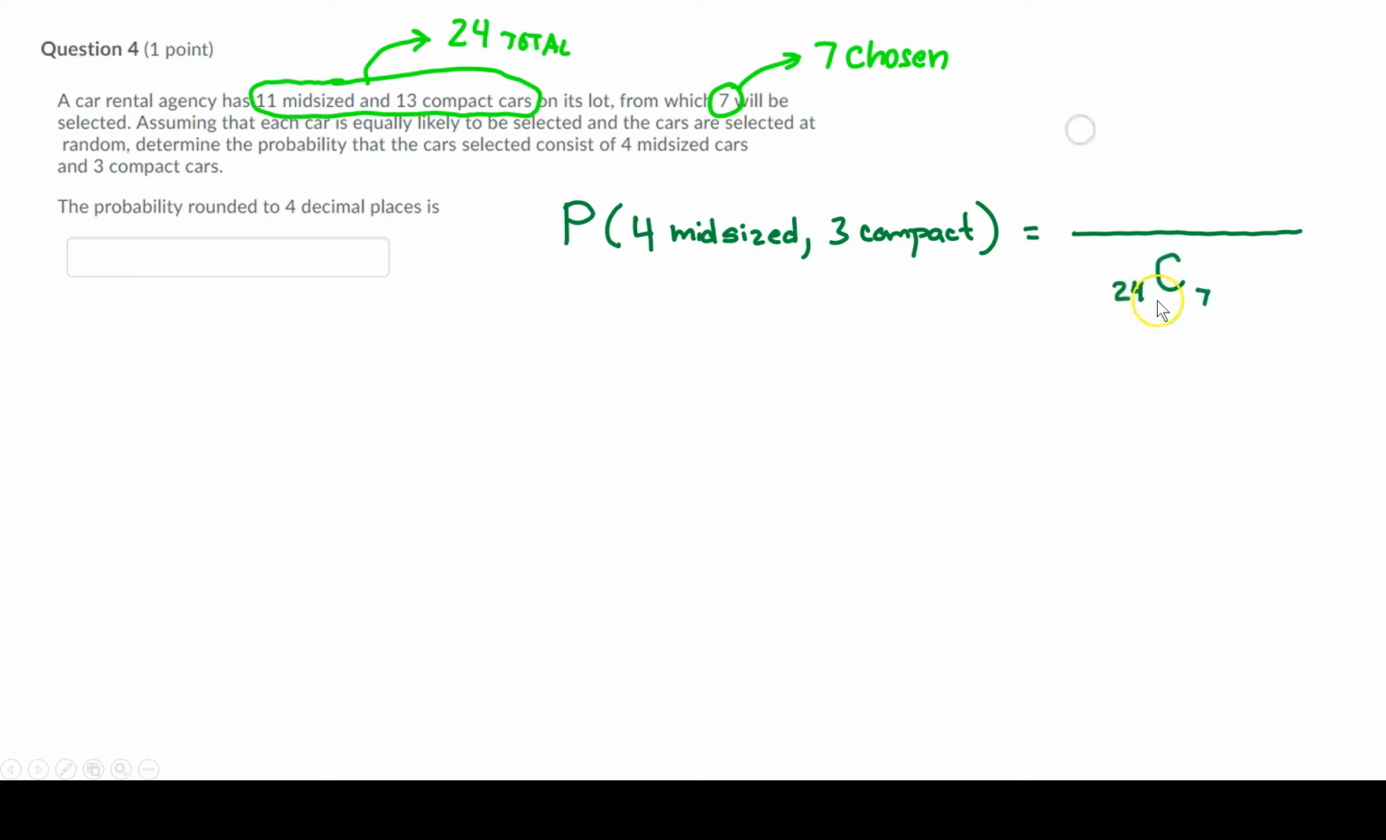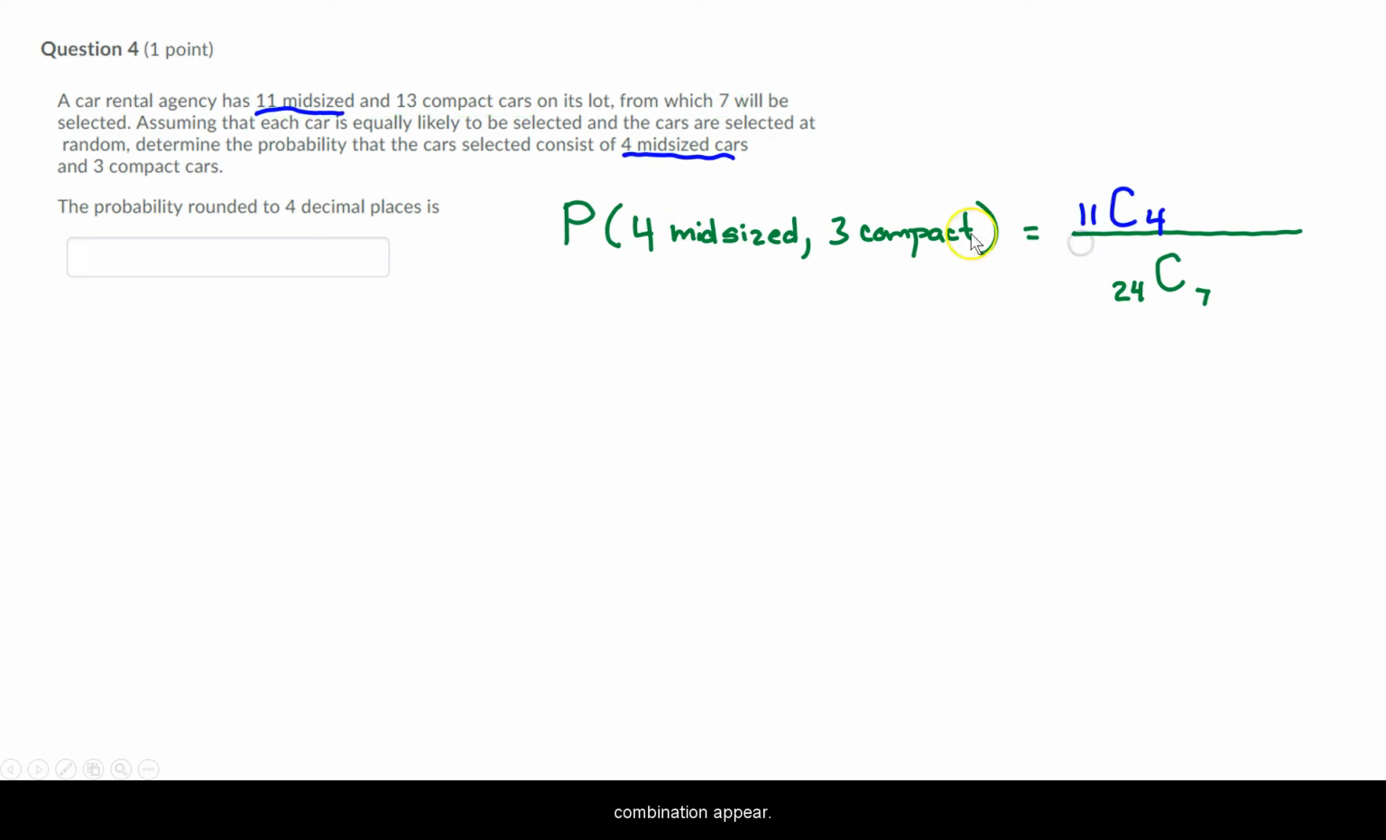So the bottom number here, of basically possible combinations of cars, is a combination of choosing 7 out of a lot of 24. Now for the top numbers, we're going to go into their specialized categories. We have 11 mid-sized cars, and we're looking to see what the probability of getting 4 of those are. So I'm going to have the combination up here of 11 mid-sized cars, a combination of choosing 4 from those 11, times,